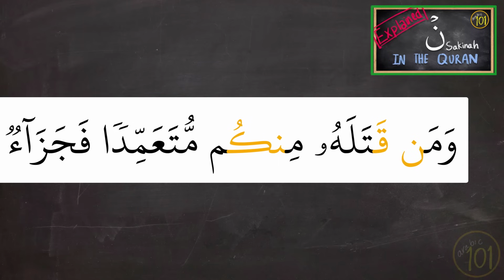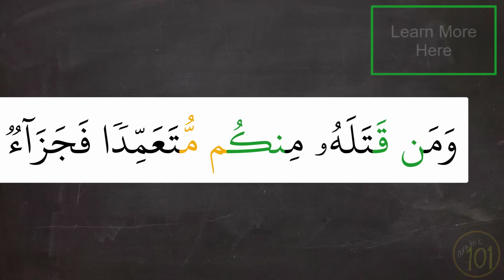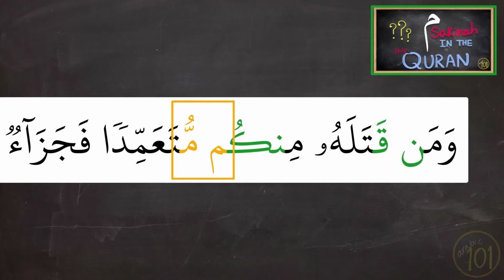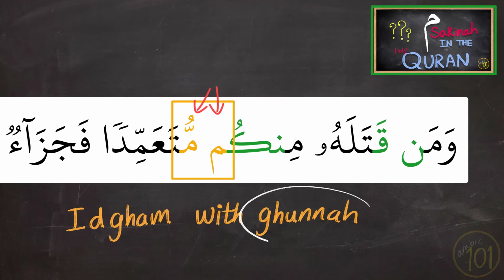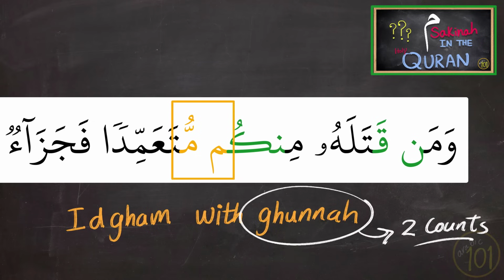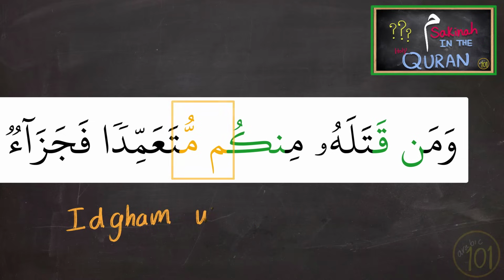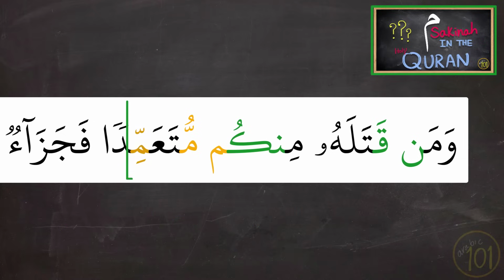Next is merging 2 memes into 1 meme, and in this case, the first meme doesn't receive any tashkil or vowels, but you see that the next meme has shadda on top. So this is a case of idgham with غنة. So you will say it like that. منكم متعمدا. And of course, the same meme with غنة is included in the word, so you will have 2 times the meme with غنة. منكم